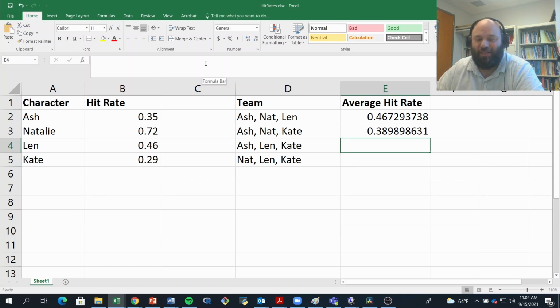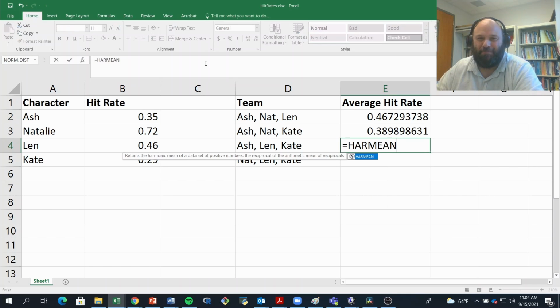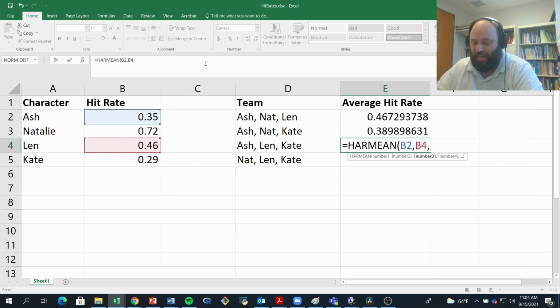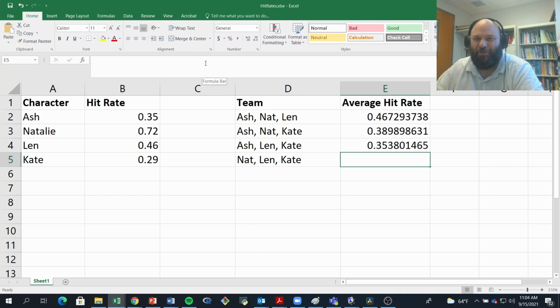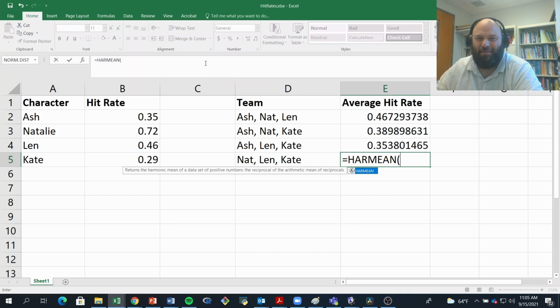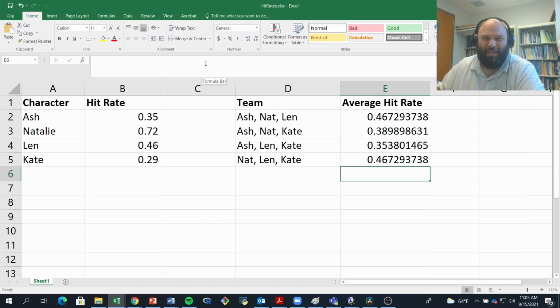Now we've got Ash, Len, and Kate. Same approach. Harmonic mean, Ash is in B2. Len, we skip over Natalie, Len is in B4, and Kate is in B5. And their average hit rate is going to be about 35.4%. And finally, let's look at just Natalie, Len, and Kate. So same thing, harmonic mean. Natalie is in B2, Len is in B3, Kate is in B4, and we get approximately,